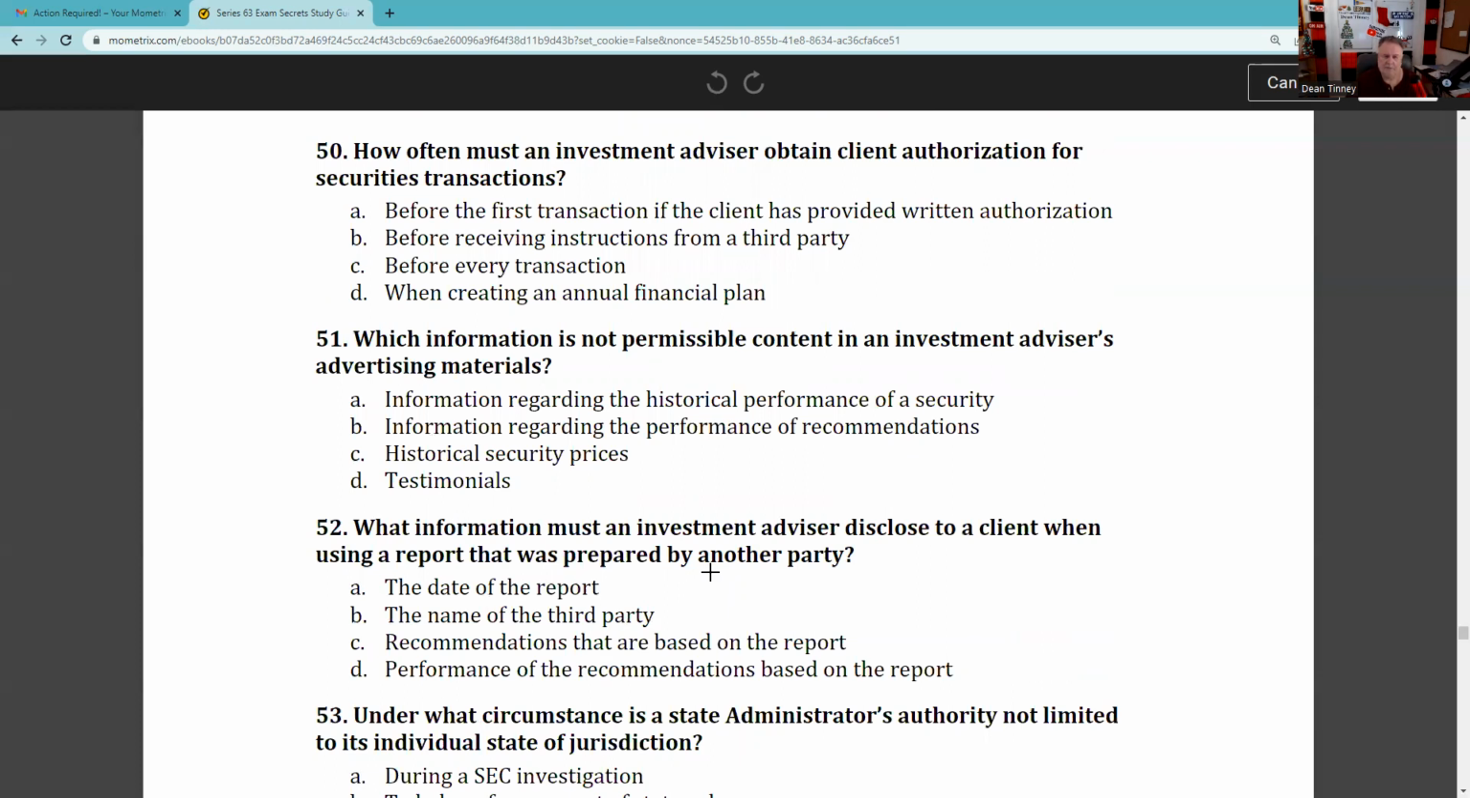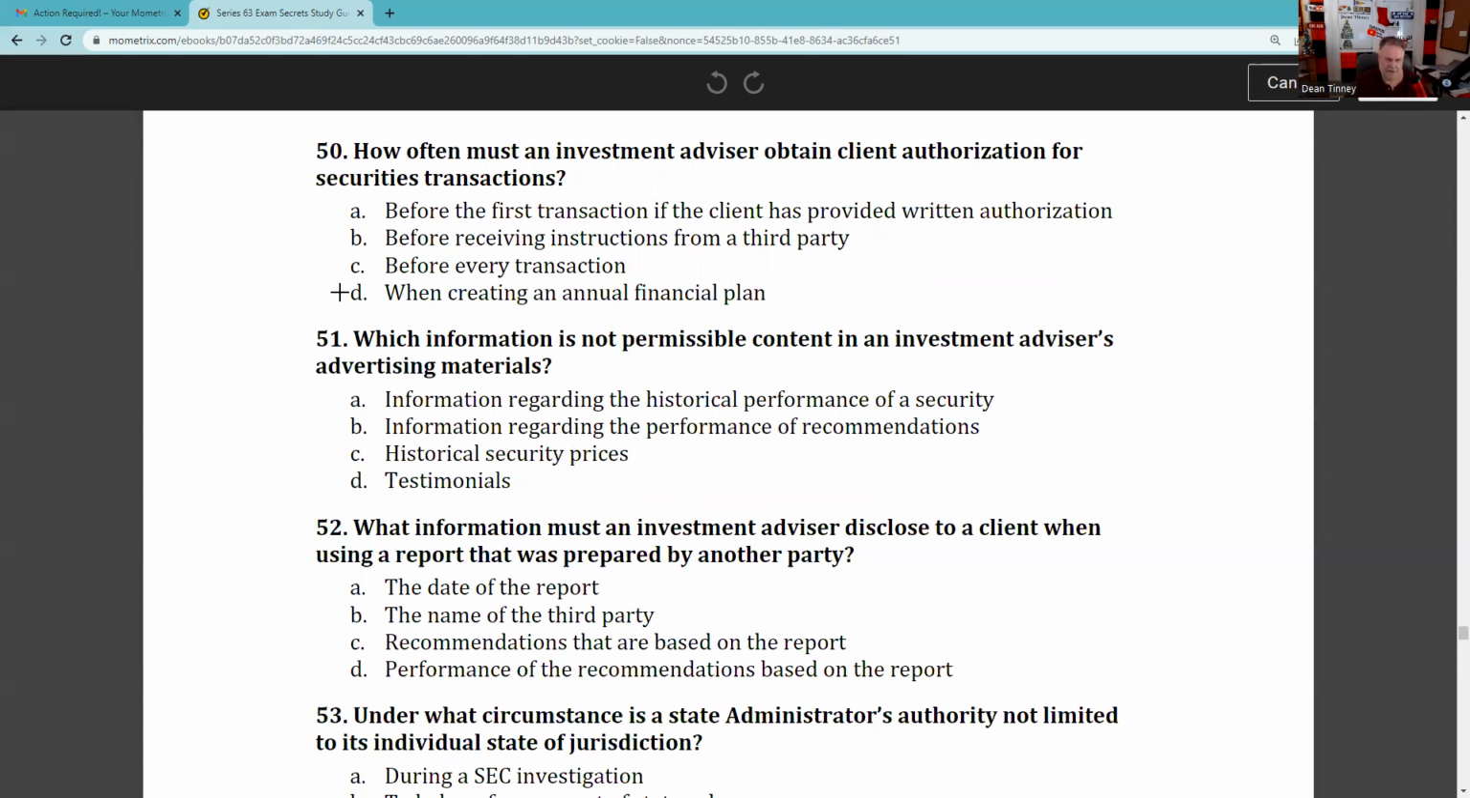Authorization. How often must an investment advisor obtain client authorization for securities transactions? Again, I'm just doing this real time, and I just don't like this at all. This question I think is just stupid, but